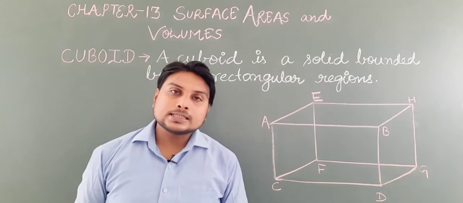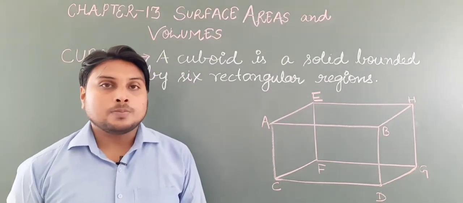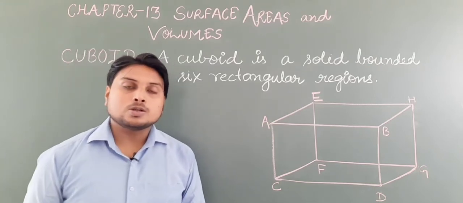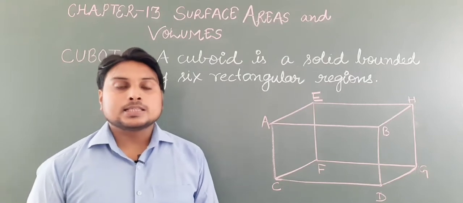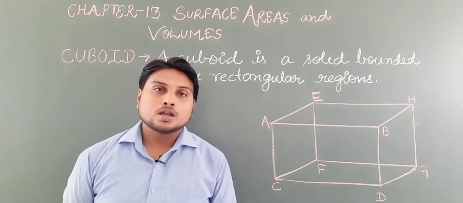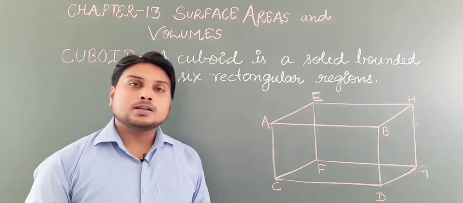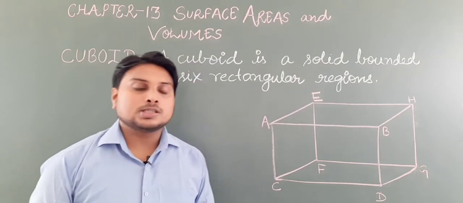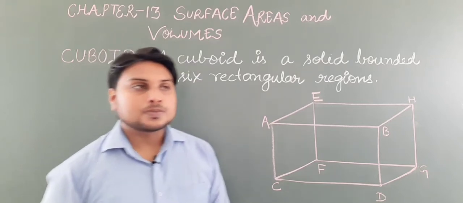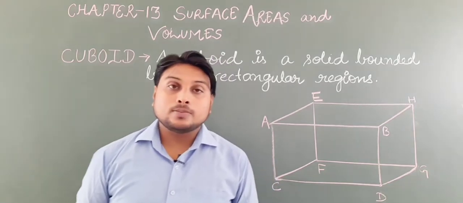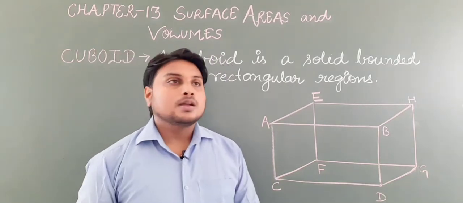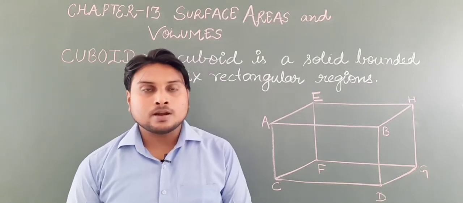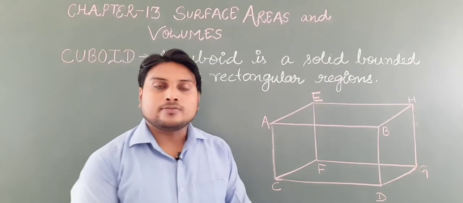Students, in this chapter we will study so many solids like cuboid, cube, cylinder, hollow cylinder, cone and sphere, hemisphere. We will see what the formulae for their surface areas and volumes are, and will solve the questions related to that. This chapter is a little bit longer, so it will take time, and also there is no deletion from the CBSE, means whatever is given in this chapter you have to study.